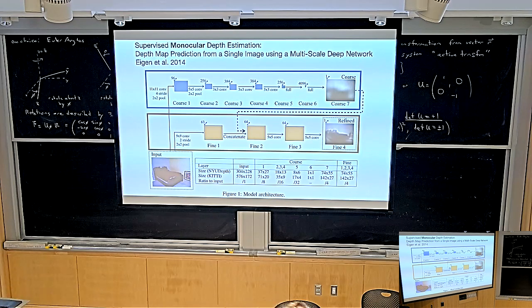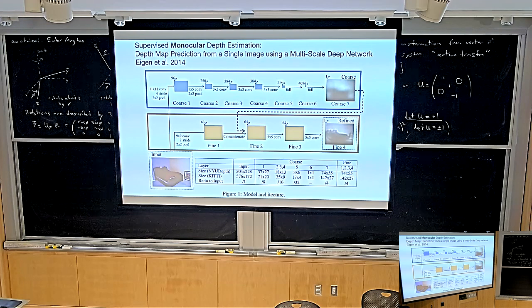People were like, okay, contribution number one, we conceived this new neural network architecture. We plugged together CNN modules in a novel way that no one has seen before. Let's just briefly go through this, right? They basically had this coarse and fine stream. I actually don't know if they claimed this as a contribution, but I'm pretty sure they did. They're probably like, here's a coarse and fine stream for this task. Okay, so what does coarse and fine mean?